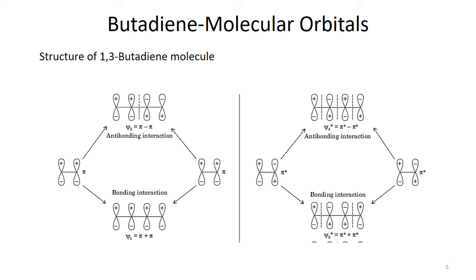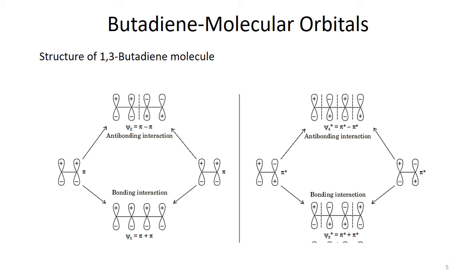Linear combination of orbitals is also known as perturbation molecular orbital theory. We abbreviate it as PMO. Basically, linear combination always takes place between 2 orbitals, 2 atomic orbitals or 2 molecular orbitals. Just like in this case, we are using 2 ethylene molecules as a combination. So we have to look only at the results of pi and pi, and pi star and pi star combinations. We don't need to consider pi plus minus pi star.